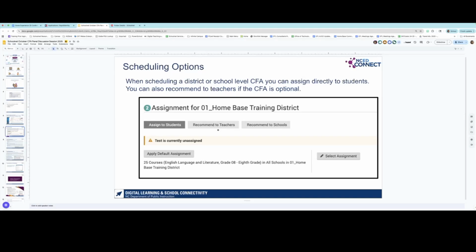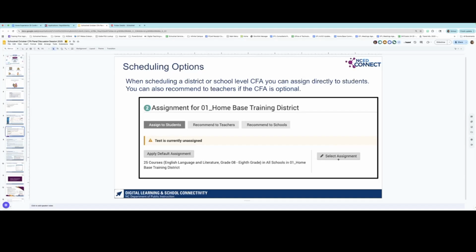One thing I have found with Infinite Campus, now that everyone is on the same SIS, is that instead of applying the default assignment, I would maybe go in and do the select assignment. The reason is that in some districts, a course code in Infinite Campus can have a range of grades.